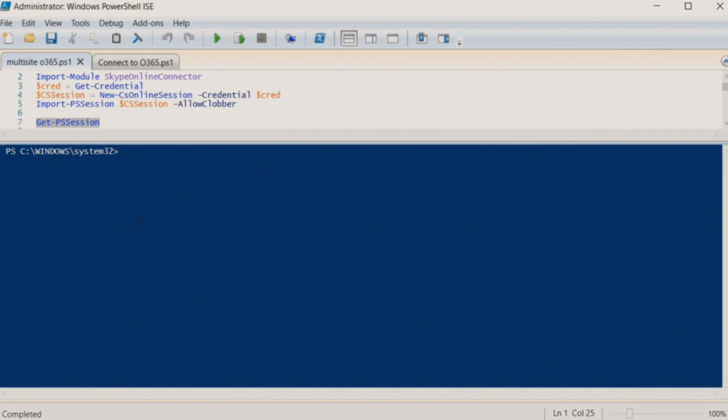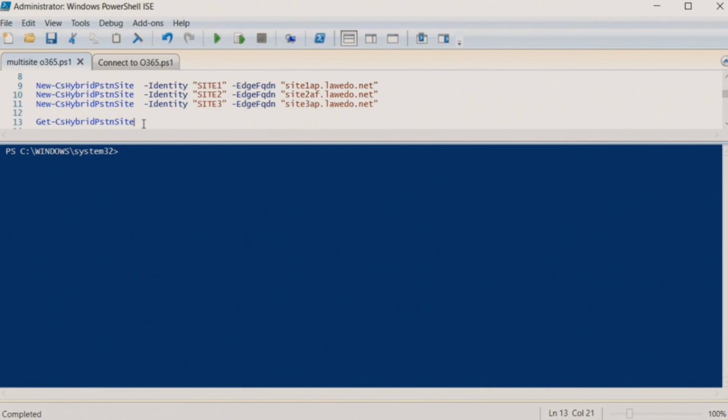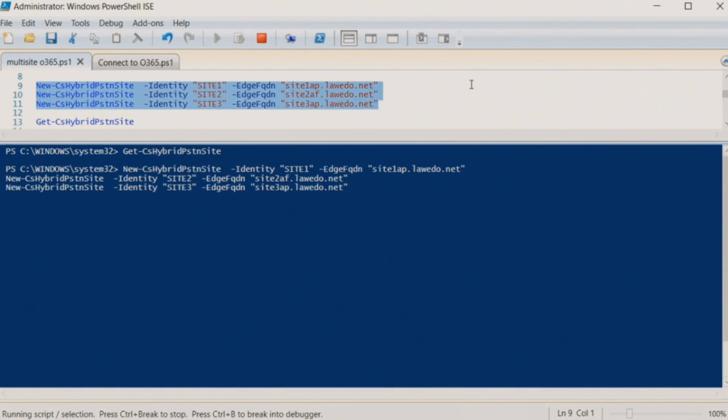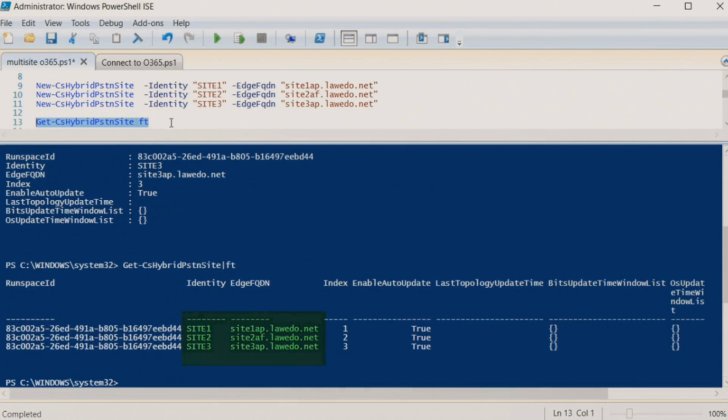Again, we connect to the cloud, and we create the hybrid sites. I'm here showing you that I have no sites in my setup. I'm going to create 3 new sites. Quick and easy. This one actually gives me some feedback that the sites have been created. I will then try to get the sites, see if they're configured right. I see that one of them has been named wrongly, and I created the 3rd site that I really didn't need. So it's really easy to